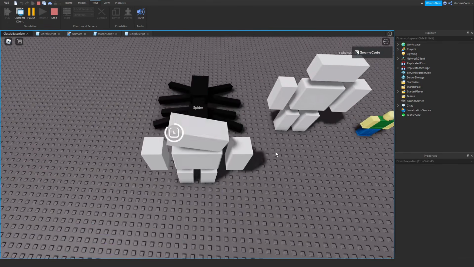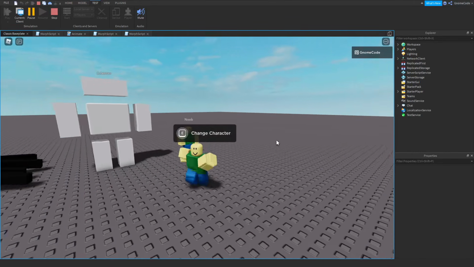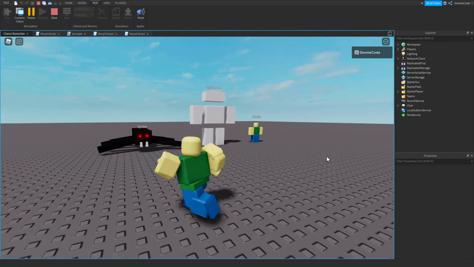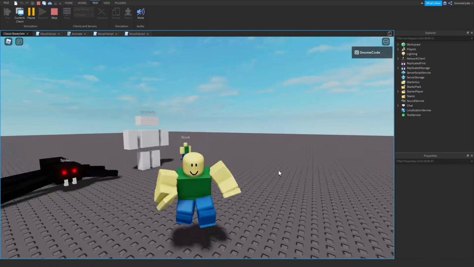And I can change into the spider. And if I want, I can go and change into this noob here and so on. And I can keep switching however I like. So if you want to see how I've made these, then be sure to keep watching to the end and